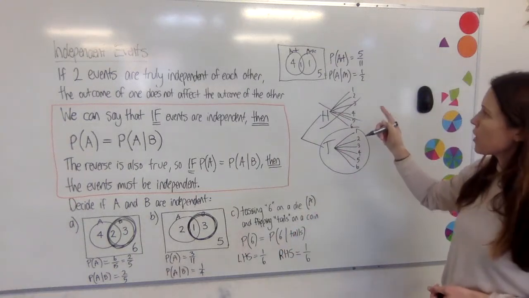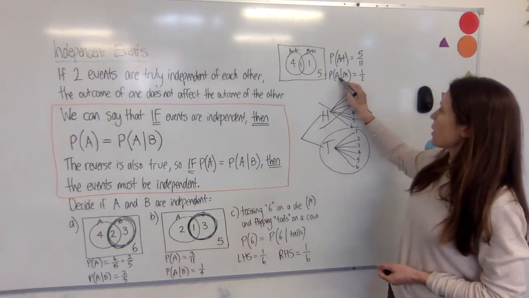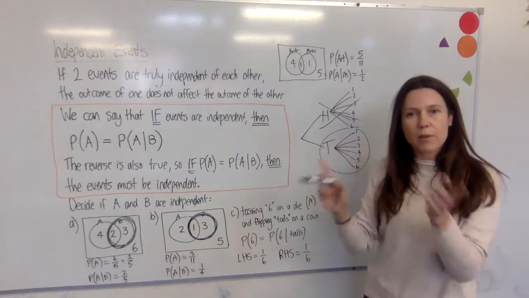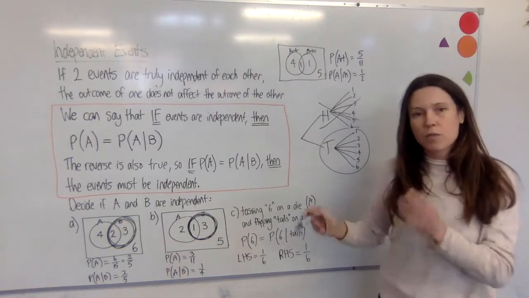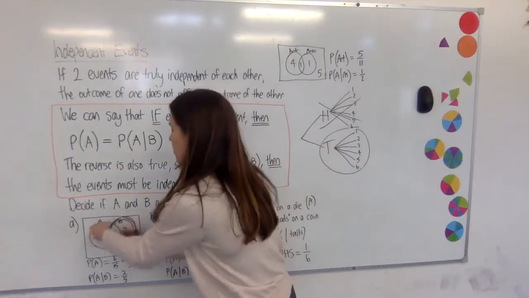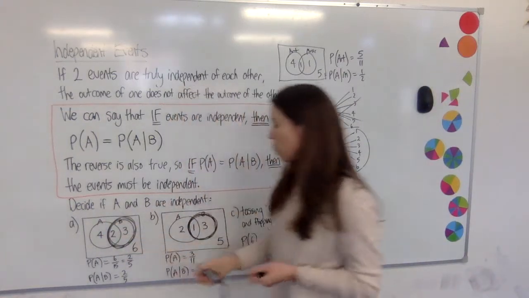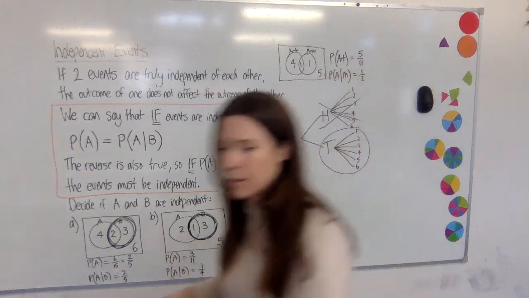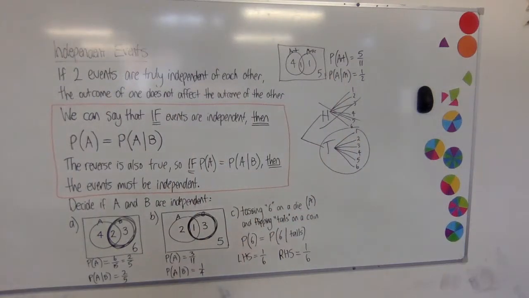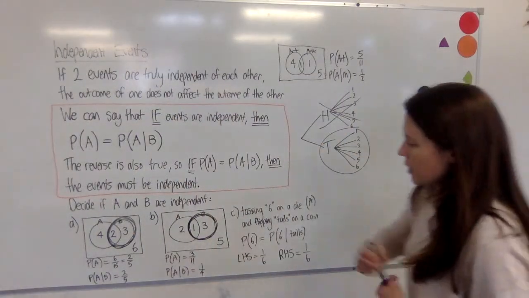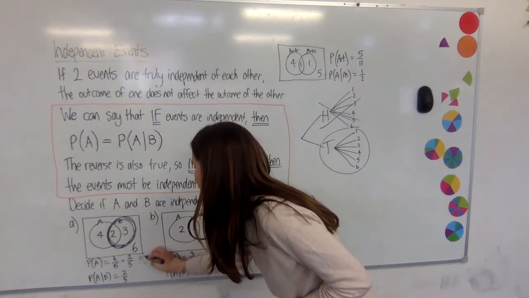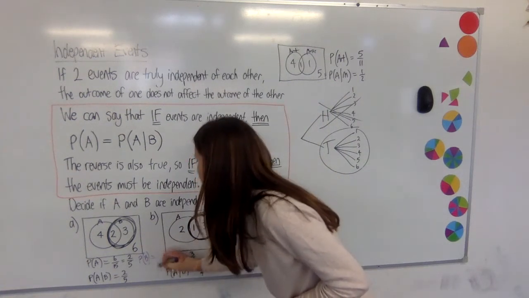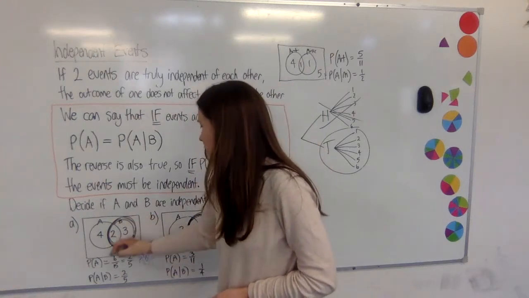Now, just as you can look at the probability of art given music, you can also do it the other way around. And you can do that to prove the exact same thing. After all, who's to say that these circles couldn't be written the other way around? Now, what you'll notice, we'll just do one in another colour to prove to you that it works. If I'd said down here, all right, let's find the probability of B. Well, the probability of being in the B circle would have been